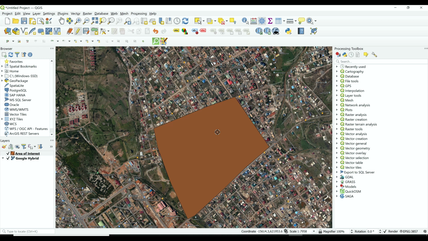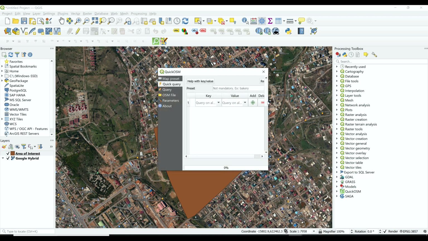So now that I have drawn the area of interest, I'm going to go to my toolbars, click on save and stop editing. Now our area of interest is ready, and then we can extract information for our area of interest. So I want to extract OpenStreetMap street lines for the area of interest to use and prepare for the quick parcel digitizer. So on the toolbars, I come to select my quick OSM, and when this loads the dialog box,